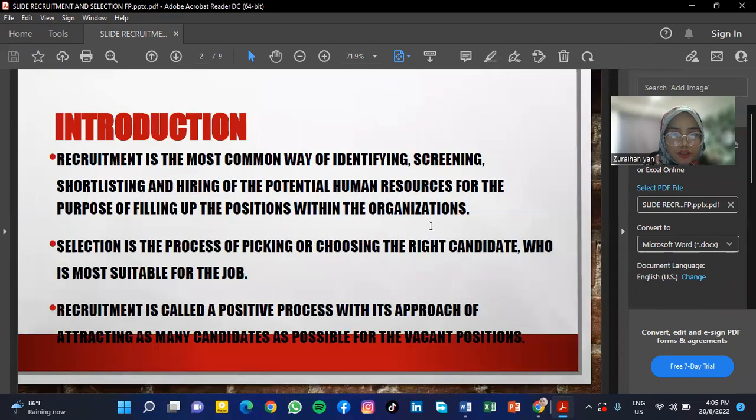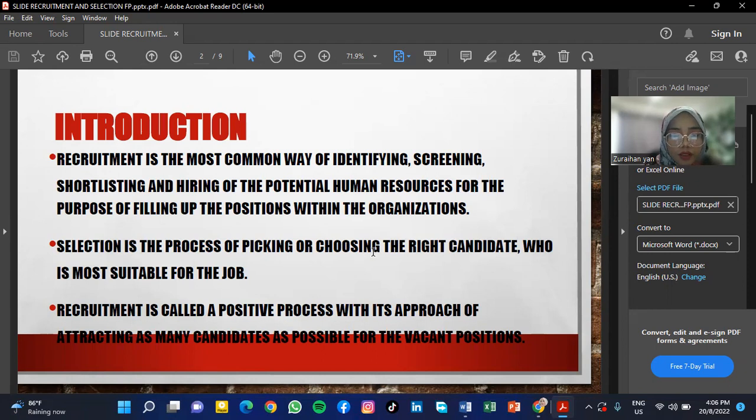Okay, the first is the introduction. Recruitment is the most common way of identifying, screening, shortlisting, and hiring of the potential human resource for the purpose of filling up the position within the organization. It is the central function of human resource management. Recruitment is the process of selecting the right person for the right position and the right time. The education qualifications, experience, ability, and skill of the individual need to be taken into consideration when recruitment takes